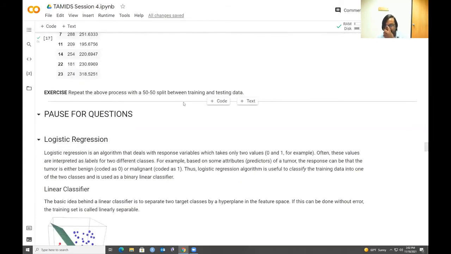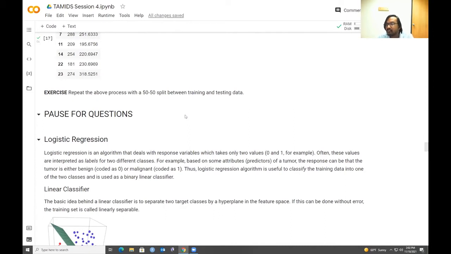where we start talking about logistic regression. Now, what was common in both simple linear regression as well as multiple linear regression? What was common is that the response variable in both these cases is a continuous variable. What happens when the response variable is no longer a continuous variable? What if it's a variable that takes only two values, 0 and 1? What happens when the response variable is not even numeric? Maybe it's a label for two different classes.